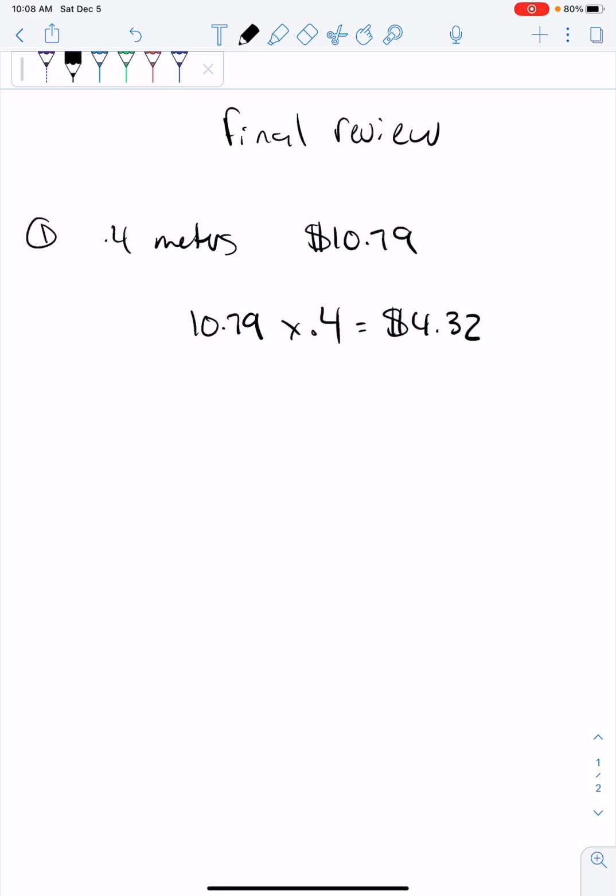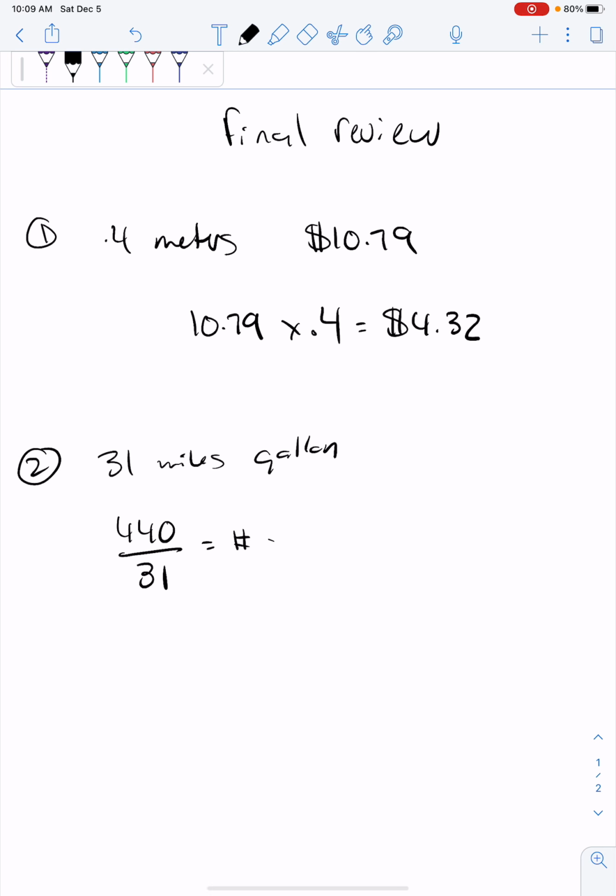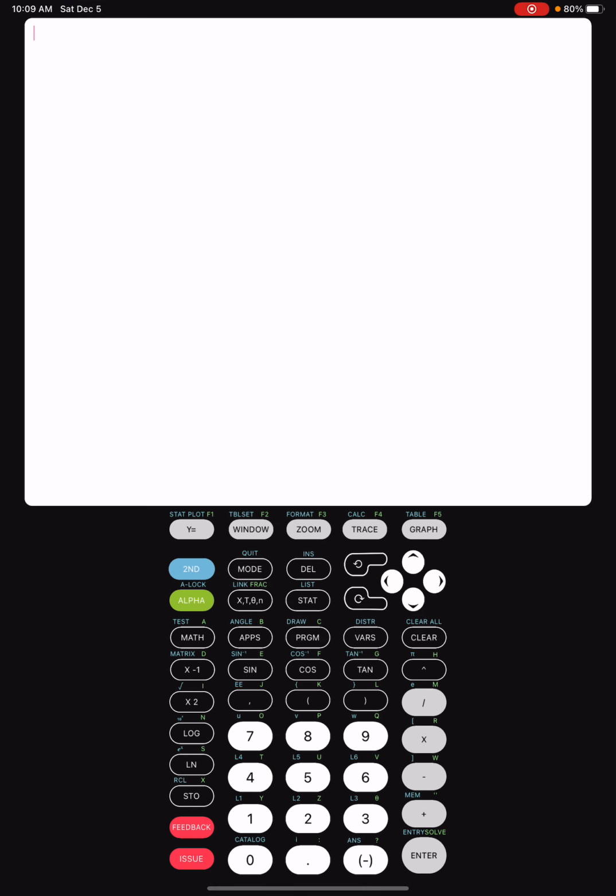Okay, so number two, if your car gets 31 miles per gallon, how much does it cost to drive 440 miles when gasoline costs $2.60 per gallon? So this one, we actually have a few steps going into it. I know that my car gets 31 miles for every gallon, and I'm going to go 440 miles total. So the first thing I'm going to do, I'm going to take 440 and divide it by 31, because that's going to give me the number of gallons that I need. And then I can figure out the cost. So 440 divided by 31